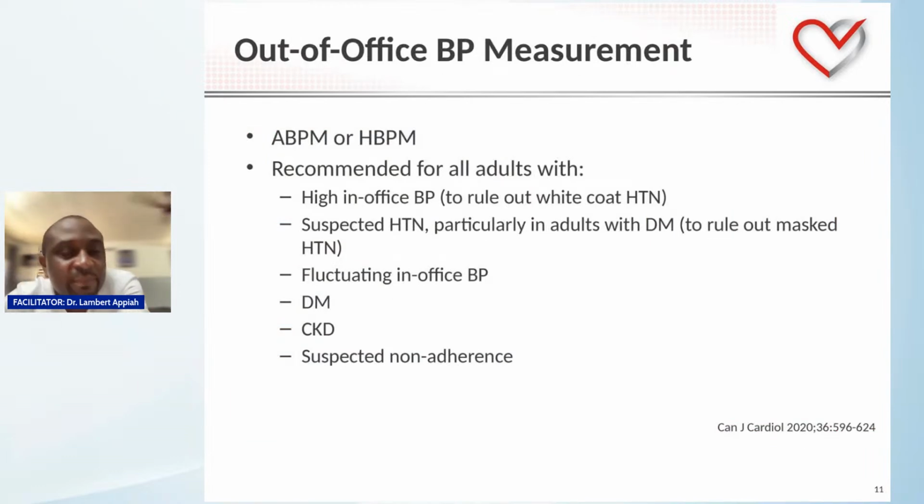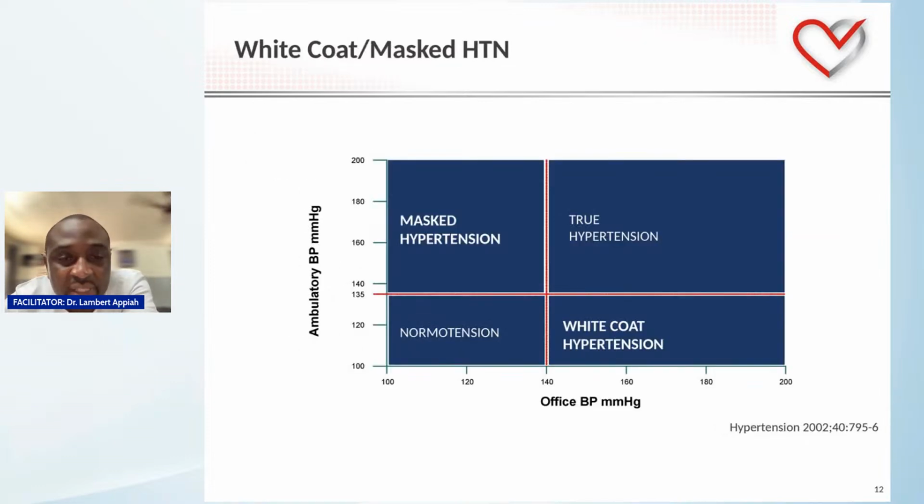Out of office BP measurements, as I have mentioned, are recommended when a patient comes in and the in-office BPs are high or high normal and you're not sure, or in patients who you suspect have hypertension, particularly diabetics. You want to rule out if they have masked hypertension, or patients with fluctuating in-office blood pressure readings. So patients who are diabetic, patients who have chronic kidney disease, or a patient who you suspect is non-compliant, then ambulatory blood pressure monitoring or out-of-office blood pressure reading will come in handy to help you to phenotype the